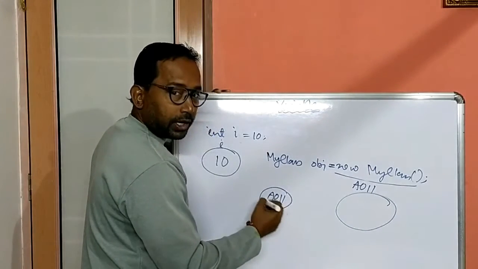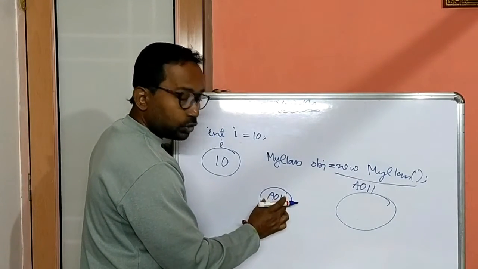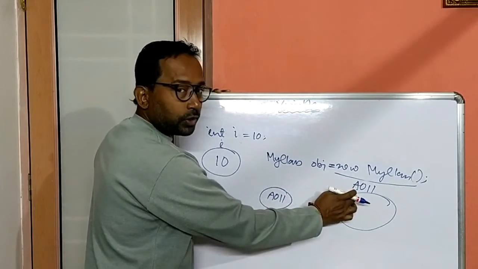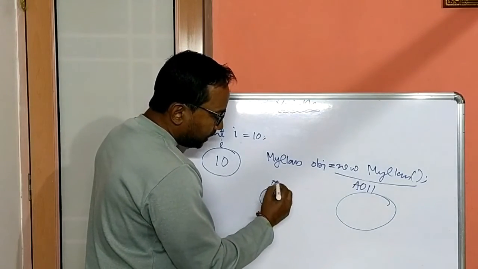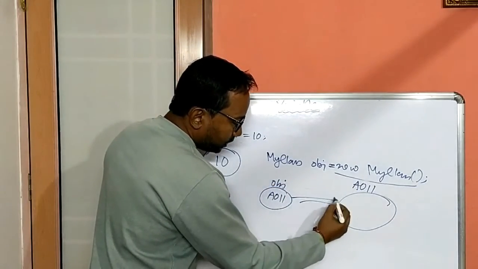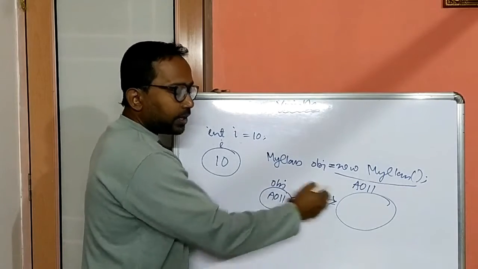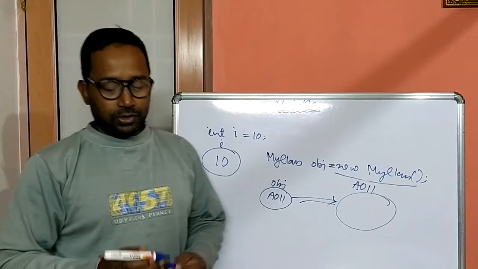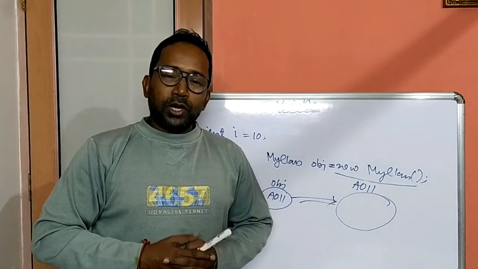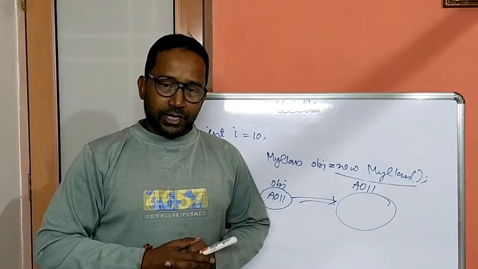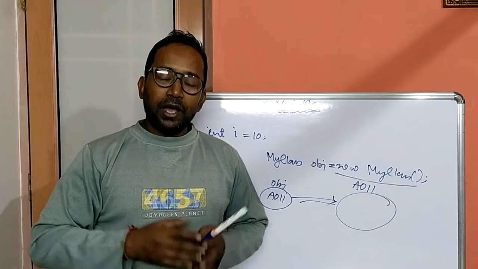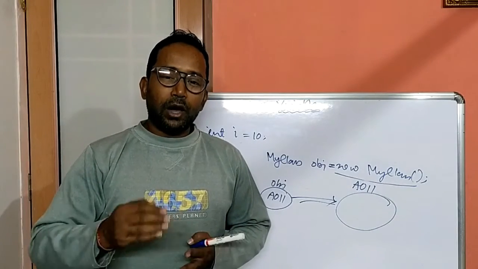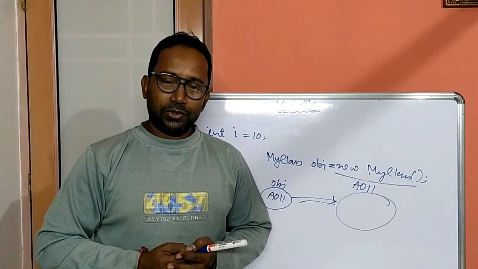So this is a reference variable which cannot store a value. This is not a value. This is the address of this memory area. By this address, this obj variable is actually pointing to this memory area. That means it is referring to this memory area. That's why this type of variable is called a reference type variable. Like array is also a reference type. String is a reference type. Any class is a reference type. Many other reference types are also there which are out of the scope of our syllabus.